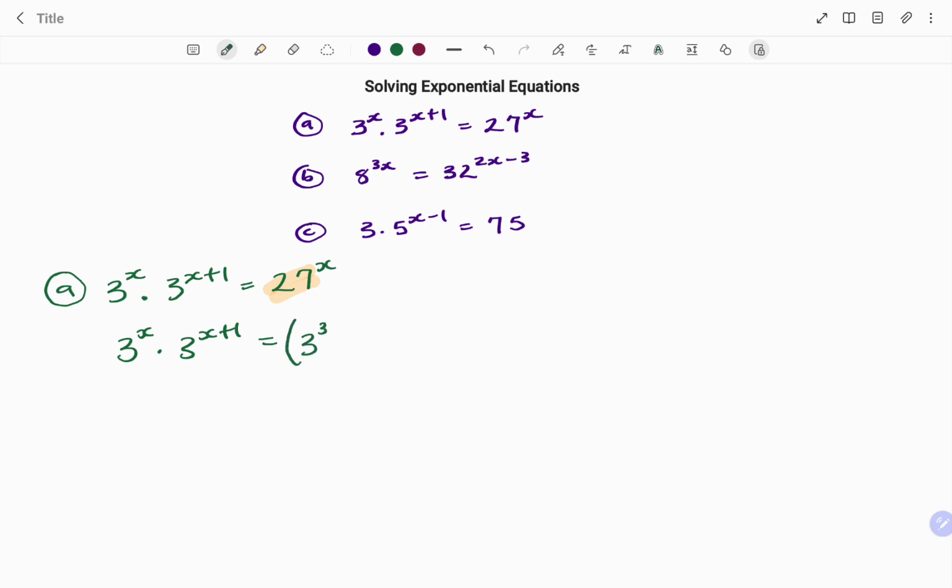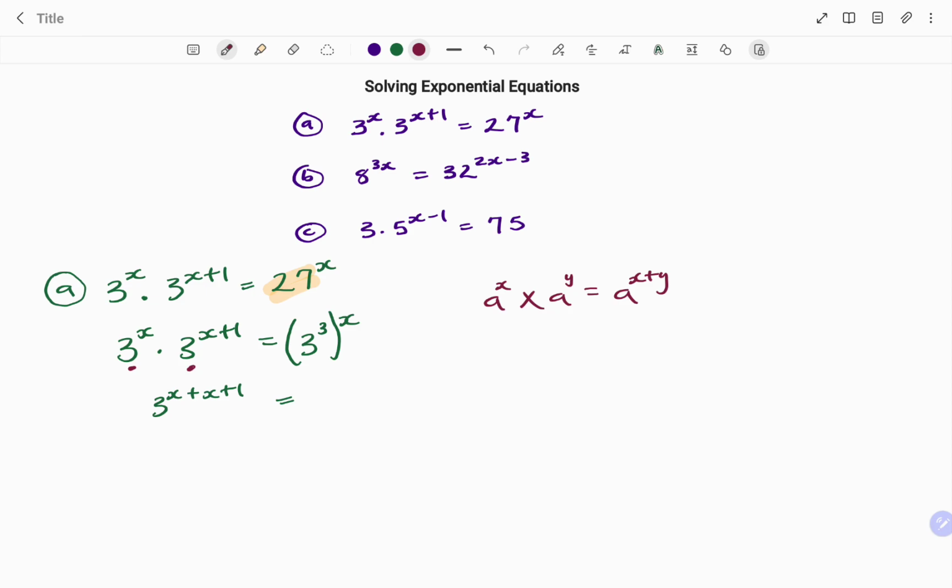3 to the power of 3 is also equal to 27. I have that to the power of x. And applying the laws of exponents, on our left hand side, if we have a base raised to a power multiplying the same base raised to another power, the laws of exponents says we have the same base adding the powers, x plus y. So if you look at the left hand side, we have a base of 3 multiplying another base of 3, therefore we add the powers. So for our left hand side, we have 3 to the power of x plus 1 equals,